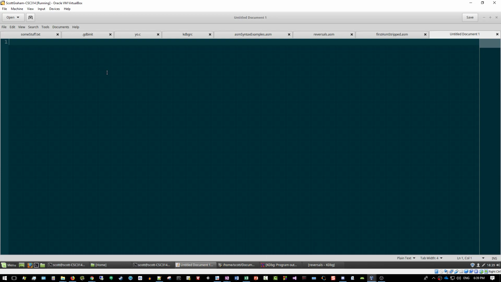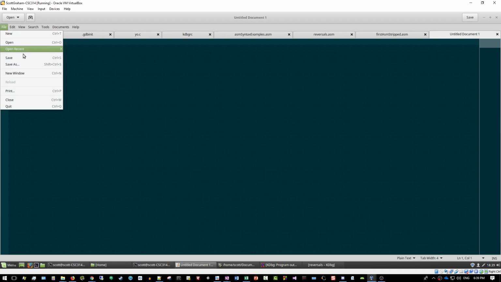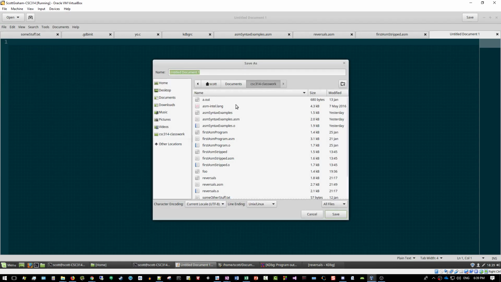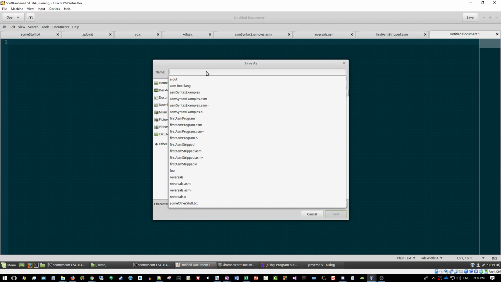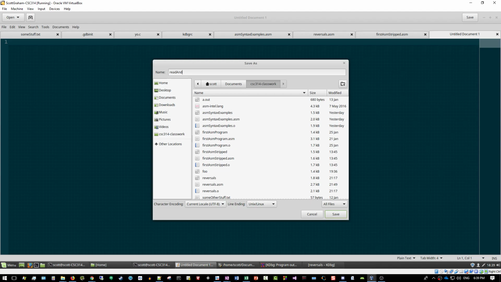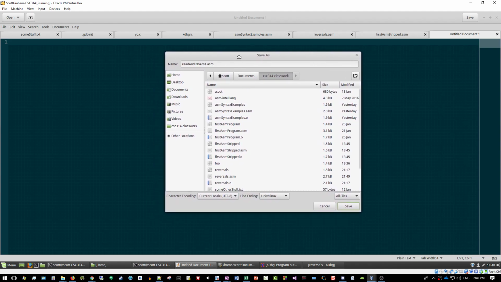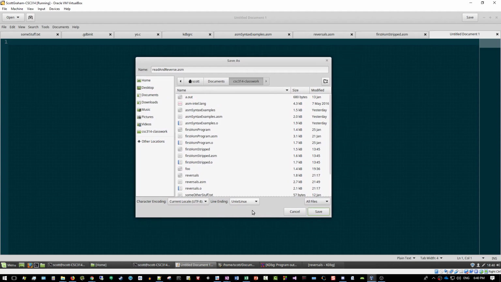So here we are, and I've already done a new file here, and I'm going to do a quick file save as, and I'm going to call this read_reverse.asm. So previously we took some data in buffers and arrays in memory and reversed them to other buffers,